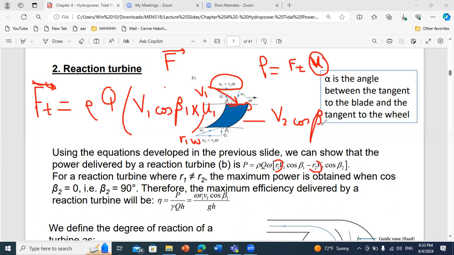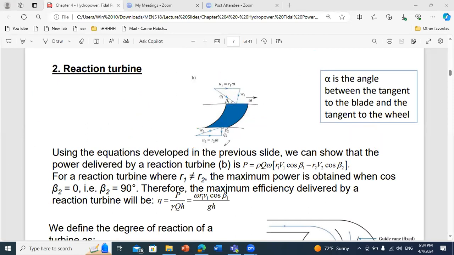But now you multiply by u2, which is r2 omega. So here the difference is that r1 and r2 are not equal, okay? That's why you can take omega in common outside for both terms. So you get that the power developed is rho q omega times r1 v1 cosine beta 1 minus r2 v2 cosine beta 2, okay? And now we can say that from this equation, we have first r1 different than r2,